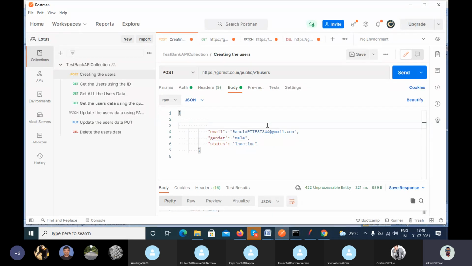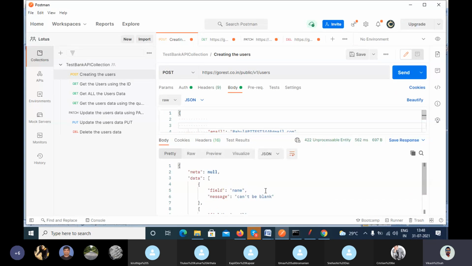So tell me, have you met your requirement here? No. If you have not met your requirement and you are trying to connect with the server, you will get the